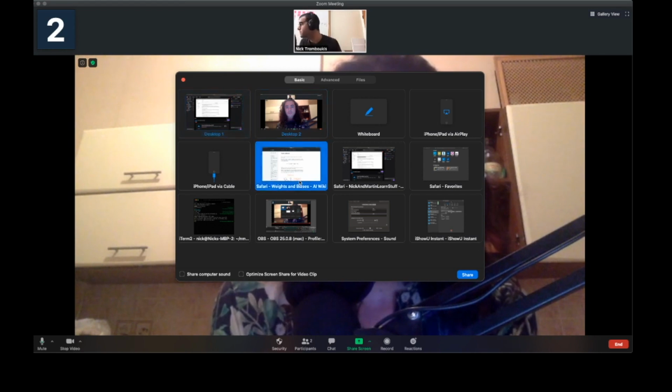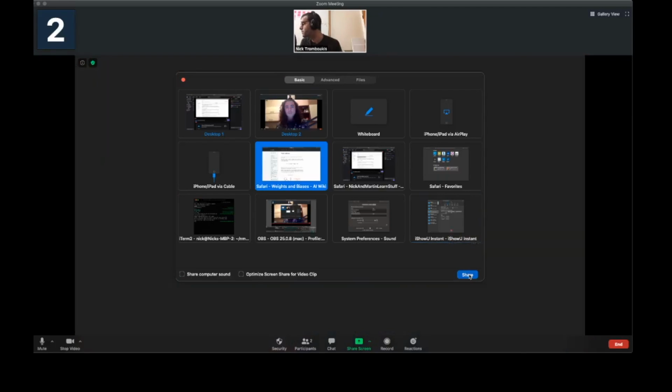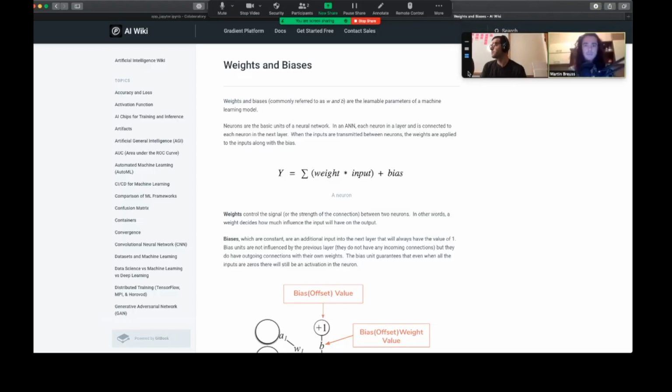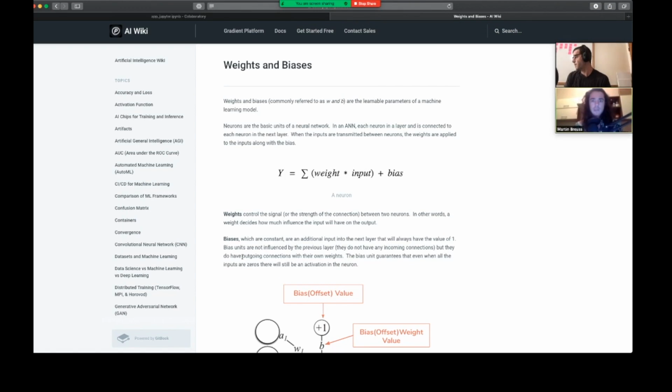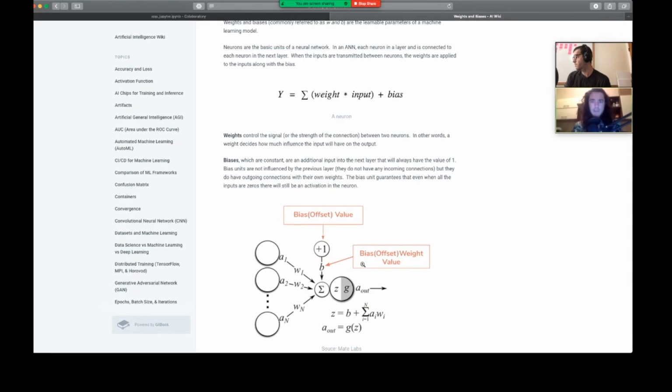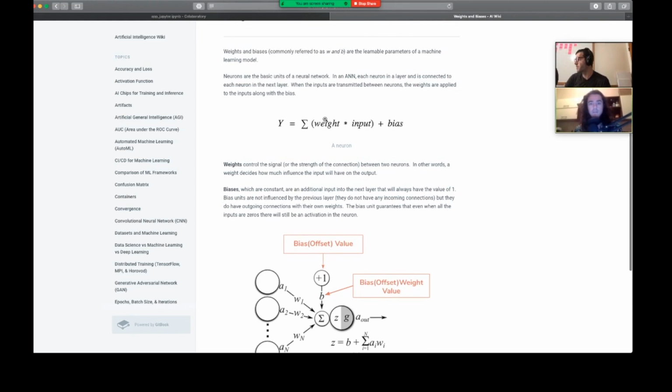Wait, is that it? Yeah. Yes. Yeah. But to constant, an additional input to the next layer that will always have the value of 1. What's that supposed to mean? That it always will have the value of 1? Like what? I don't know. Here, just 1. Yeah. So here it just seems like,